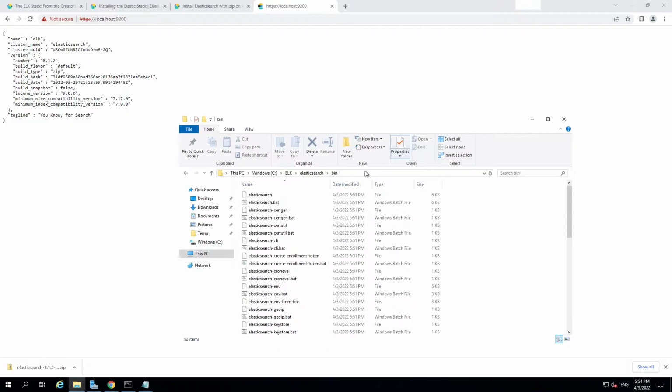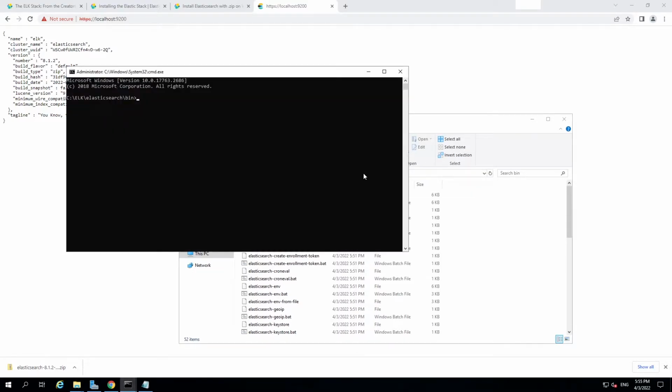In the next step, when we will be configuring Kibana, we have an option to provide username and password for Elasticsearch, but we can't provide the elastic user there because Kibana won't let us do that. So for that reason, we need to use the kibana_system user, and we are going to change the password for the same. I am going to open the CMD in the same bin directory of Elasticsearch, and then